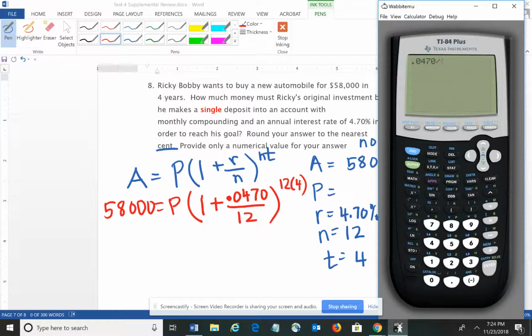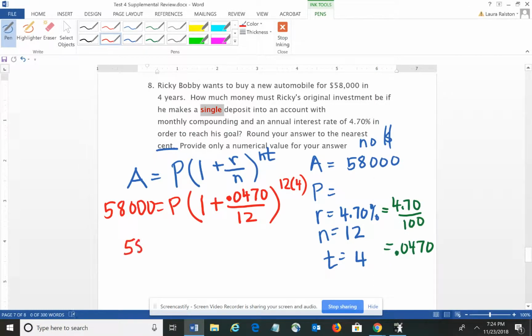0.0470 divided by 12. Then we add 1. And then we raise it to 12 times 4. I can do that in my head. That's 48 power. So I have at this point